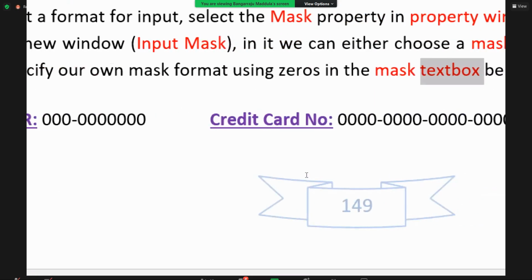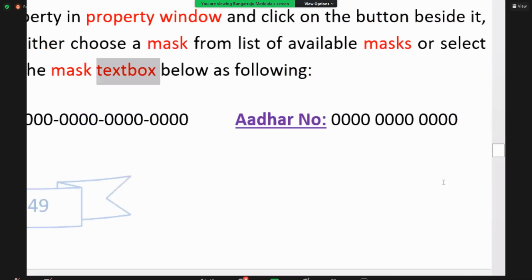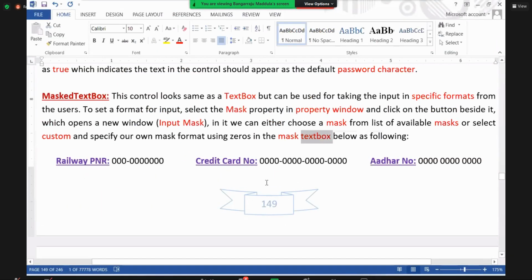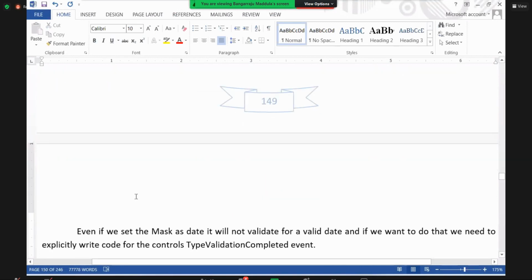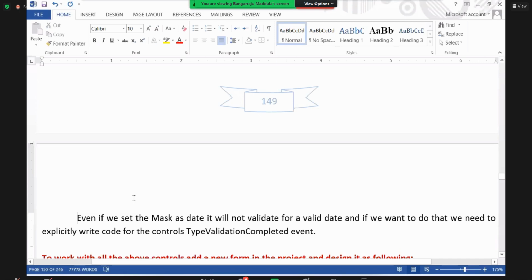PNR number, credit card number, Aadhaar number. Like this, you can just enter the formats of your choice. Is it clear, all of you? Yes or no? One thing to remember,